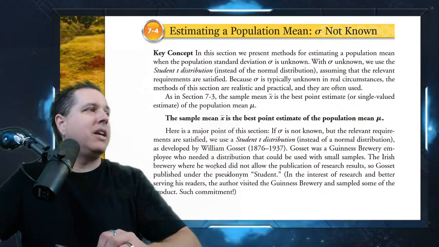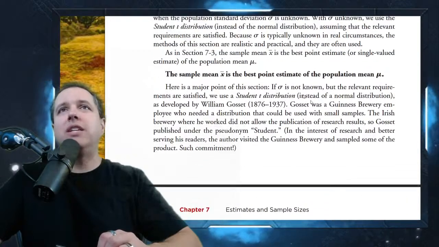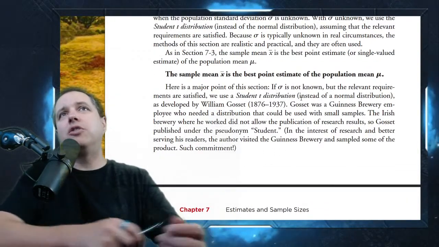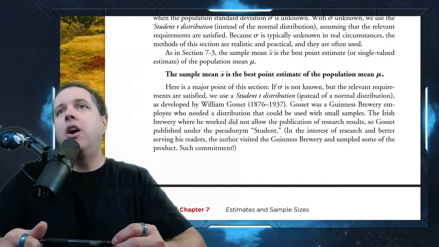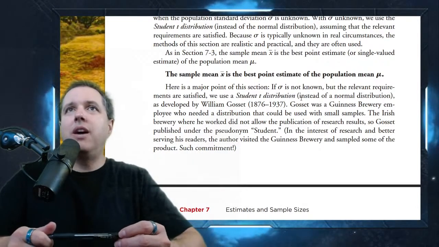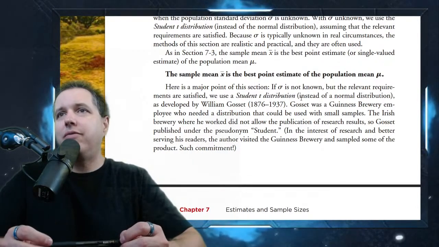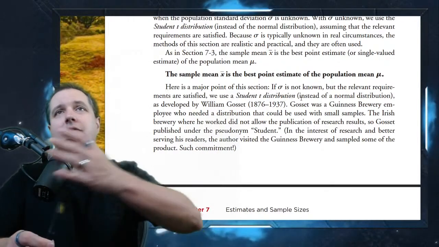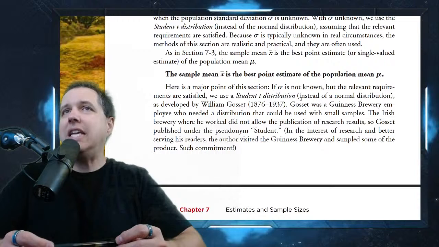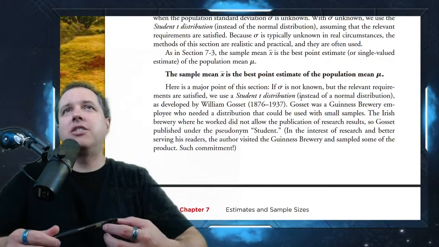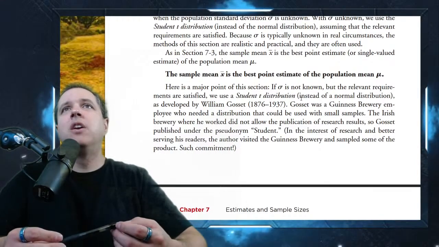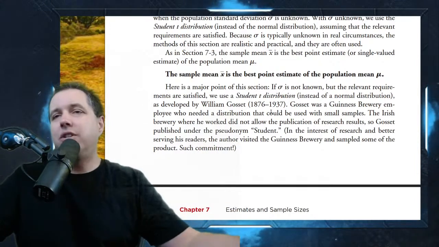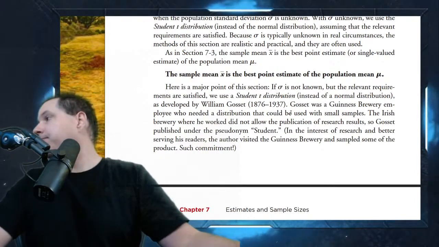Now, there's a little bit of history that goes around this, but you get to skip most of that. When you do this, you're actually using a thing called the student t distribution, which has sort of been updated over the years, because when the first student t distribution came out, there was less technology. Now we can have a much more filled in distribution, but it's just kind of an interesting history. Basically what happened was, and StatCrunch does all this for you, but there was an